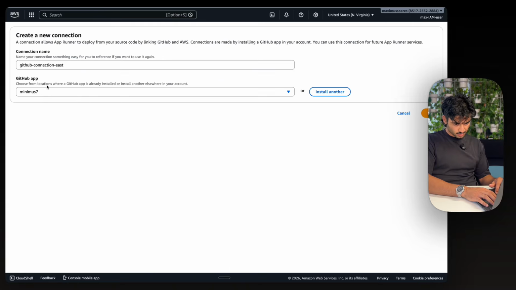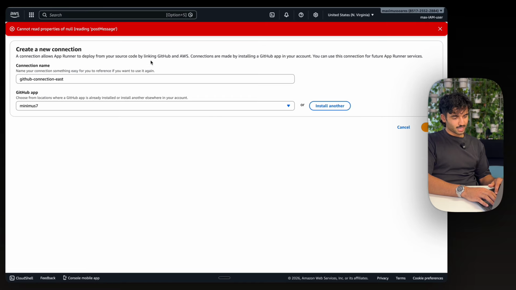Now you should be seeing your name pop up here, which means you've done things correctly. And we can go ahead and hit next. And you're going to probably see this error pop up. Now, at first I thought that I was doing things wrong, but this has been an error that has pretty much been around since they created App Runner, which was ages ago, but AWS has never fixed it.